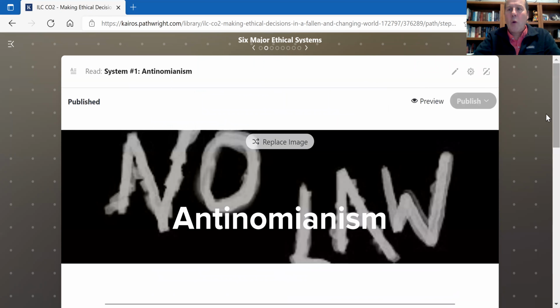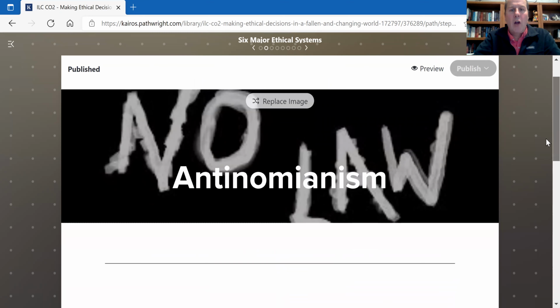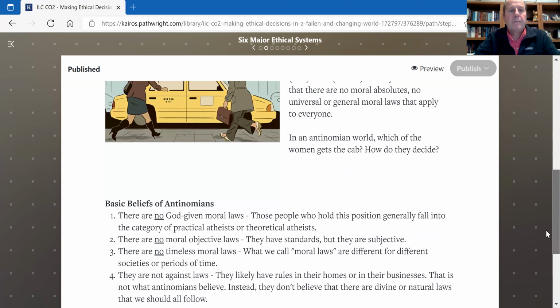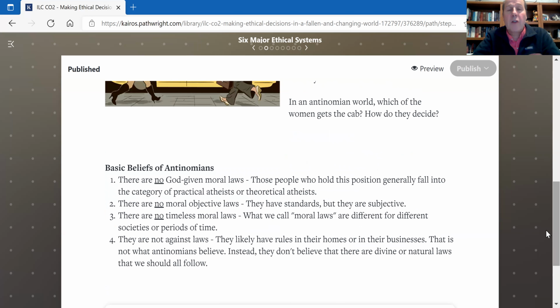When we think of antinomianism, you can see that there is no law. That's literally what it means, no law or against laws. So in this system, there are no moral absolutes. There are no universal or general moral laws that apply to everyone. You can see in this picture of the taxi cab, two women are trying to get the cab, and really it's whoever gets there first, because there's no right or wrong here, because there's no true law. And you can see that the basis for this is first that there is no God,